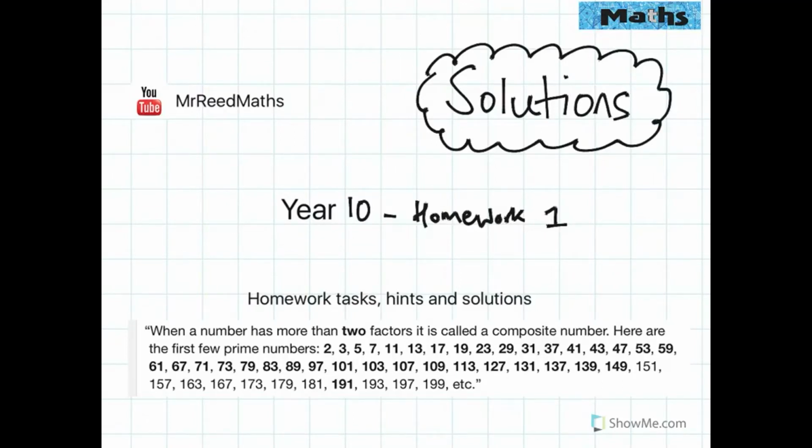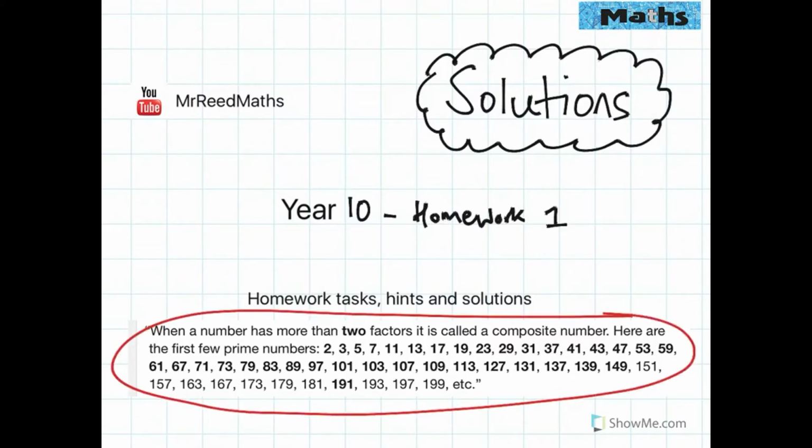The first thing I'd like to draw your attention to is this list here of prime numbers that I found on Google. You can see, obviously there's lots more than this, but this is the primes going up to about 200. Your job's to learn them up to about 50. If you could learn them maybe up to 100 here, 97 being the last one there,